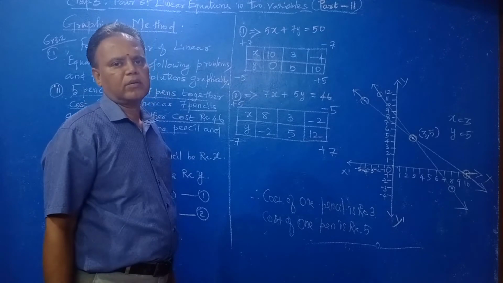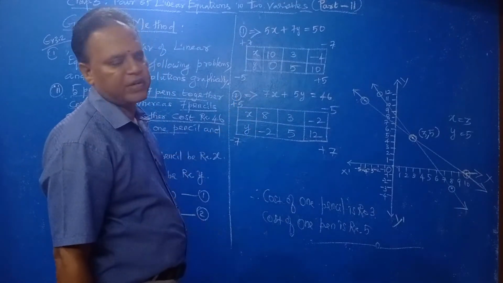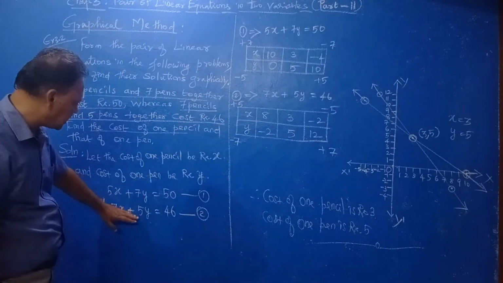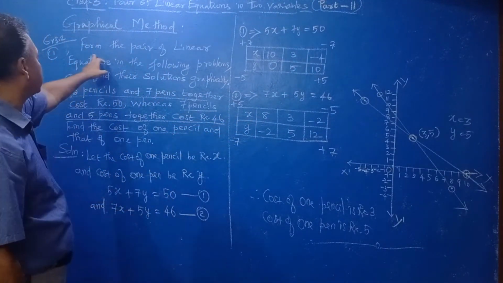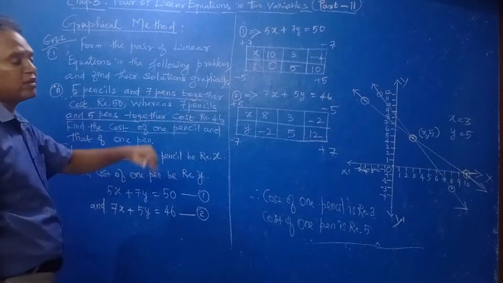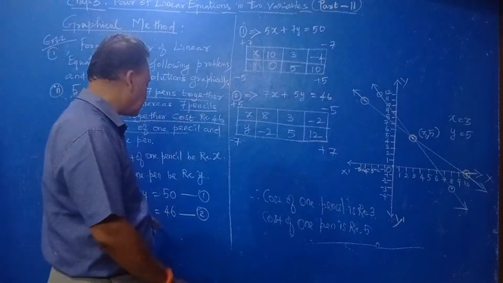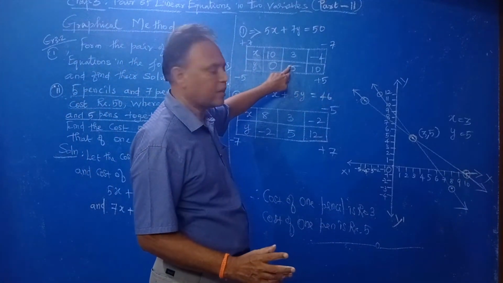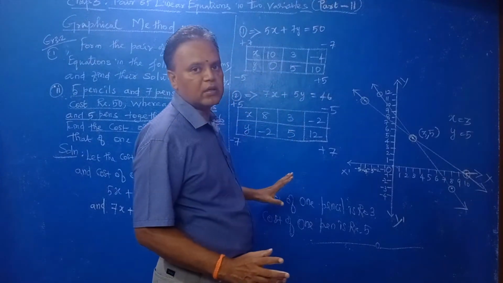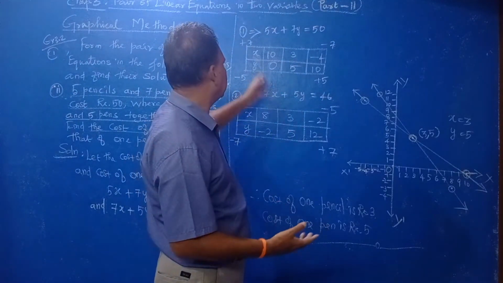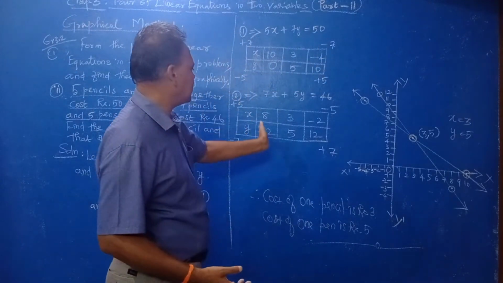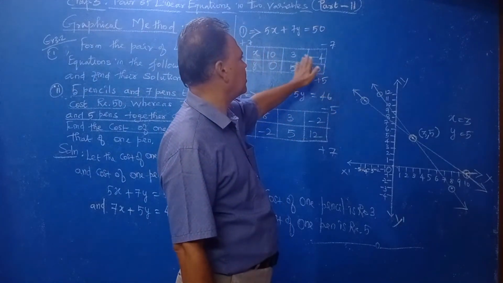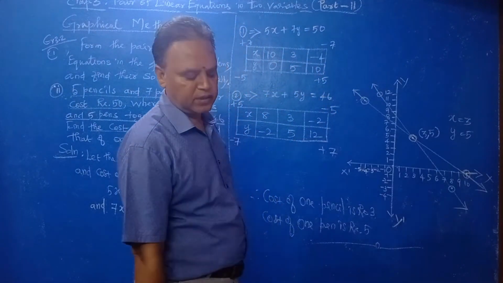However difficult the problem may be, easily you can find out. Here you do the elimination method in the rough column, because the question asks how to find the solutions graphically. That's why in the rough column you do the elimination method and find one sure solution, 3, 5. Then using this method easily we can find out the solutions. We can find some more solutions also, but we need only 3 solutions.